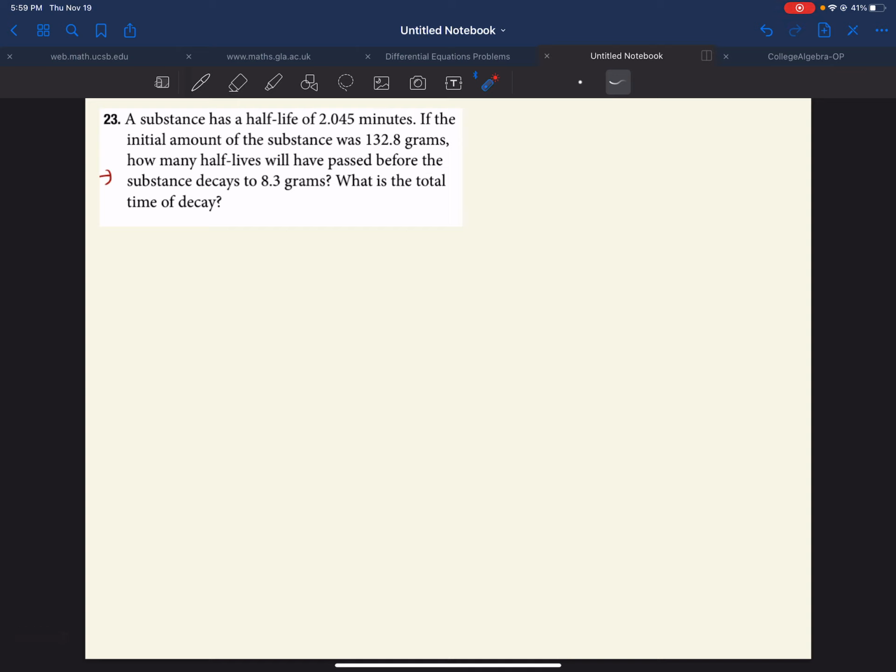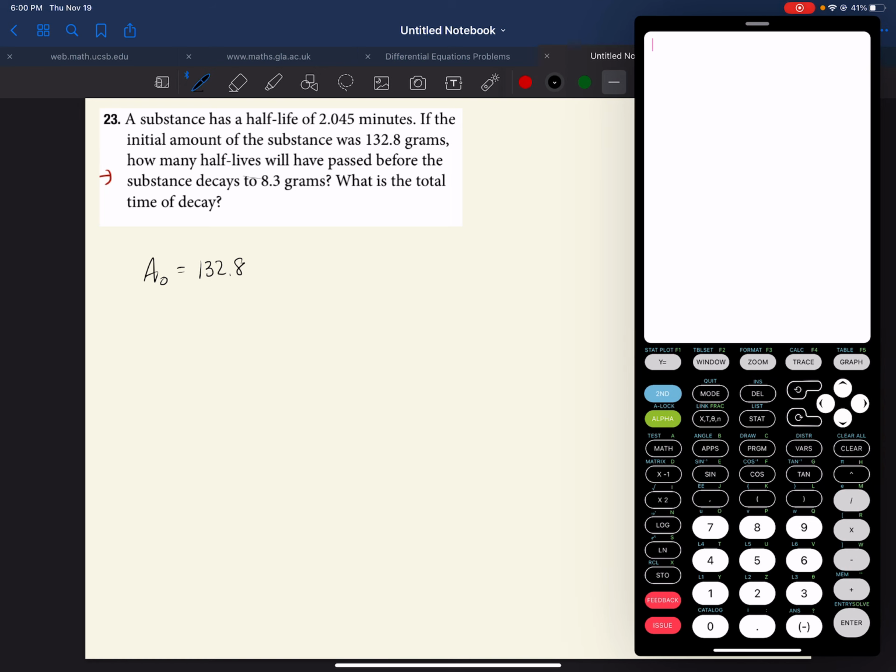So I want to show you how the problems are kind of hard, but they're only hard if you overthink them. So this says a subject has a half-life of 2.045 minutes. Okay. So if the initial amount was 132.8, right when I see that, I'm going to say, okay, well, a naught then is 132.8. And now, oh wait, this is weird. It says how many half-lives have passed before the subject decays to 8.3 grams. And so if we were going to do that, all you would have to do is this, do